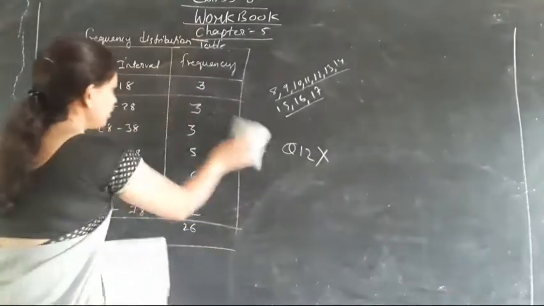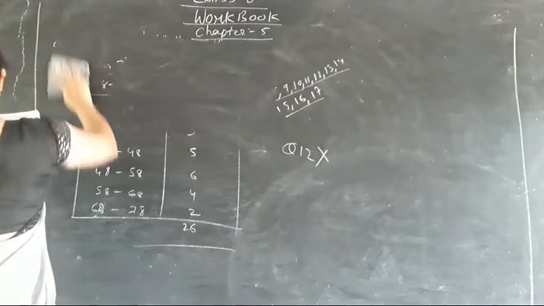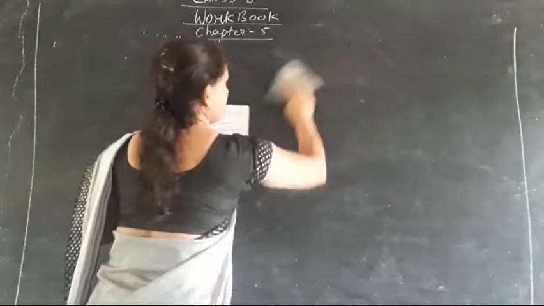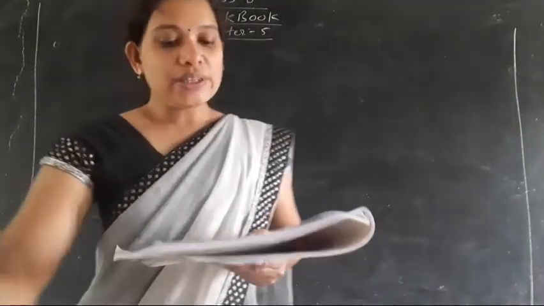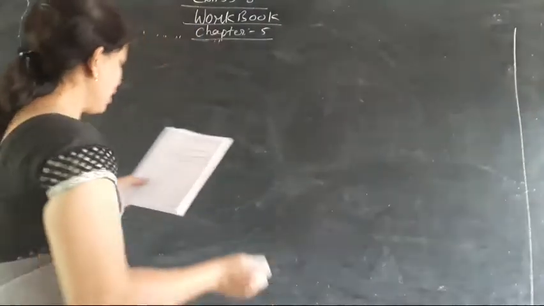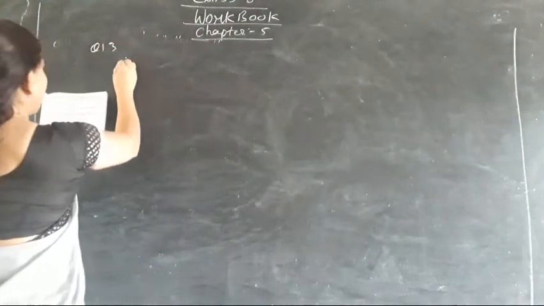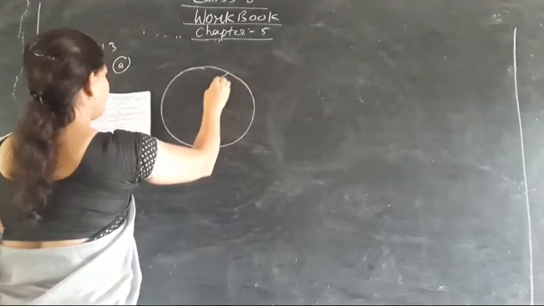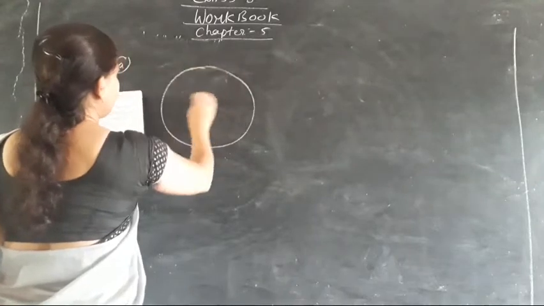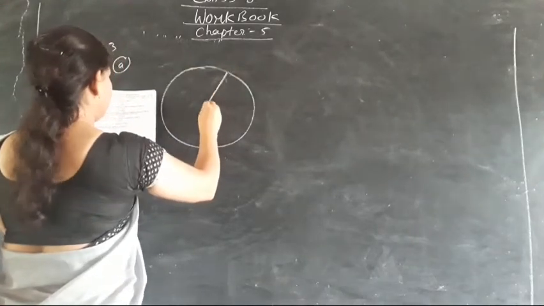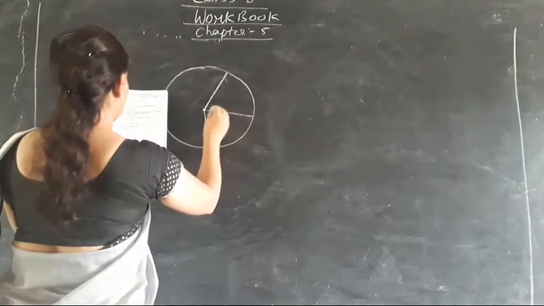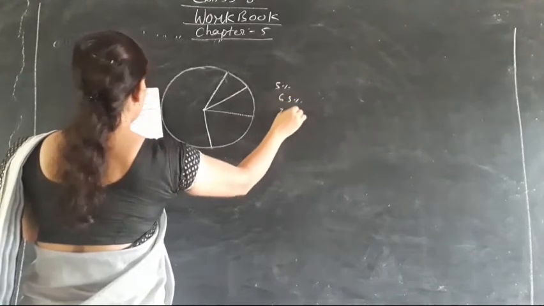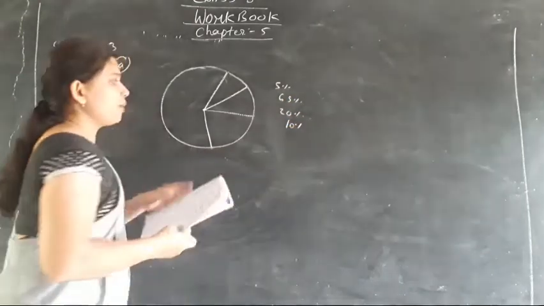In the question number 13 it is said that, what is said in question number 13? Write the percentage into the right circle sectors. So what we have to do? Write the percentage into the right circle sector. So here we are having the question 13, A part. It is said a circle is being given and the circle is having the different sectors. A different sectors is being marked. Like 5%, 65%, 20% and 10%. This percent we have to mark in this sector.